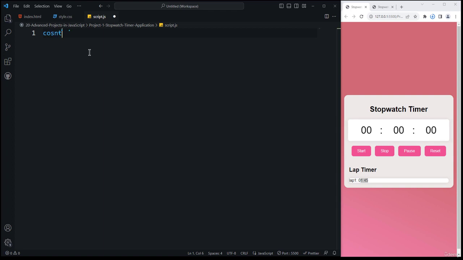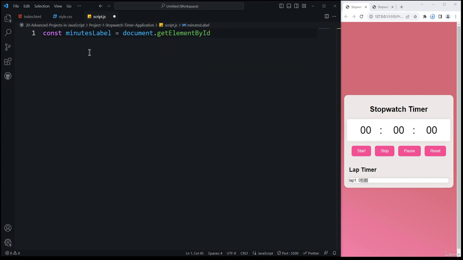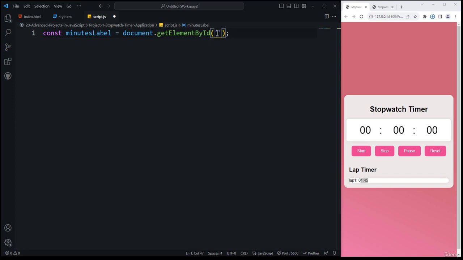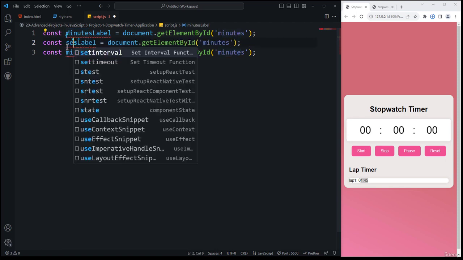First here I will be using const, and inside of that I'm going to name it minutesLabel. It's equal to document.getElementById, because we have specified the id as minutes. So here I will be using the IDs. If I come back to the index.html, I'm going to copy the minutes ID and paste it here. Then I'm going to duplicate it 2 more times, and here I'm going to change it to seconds